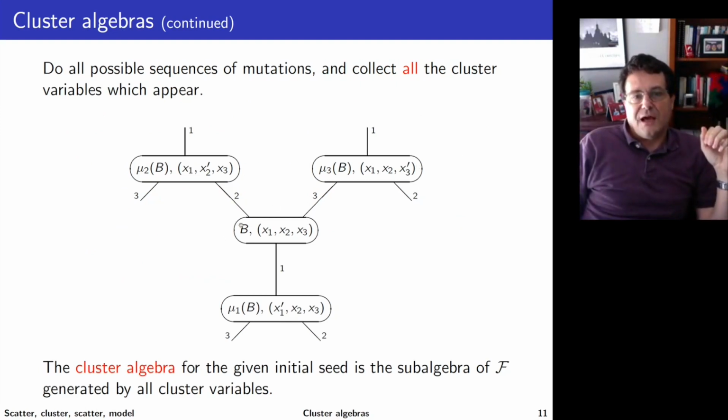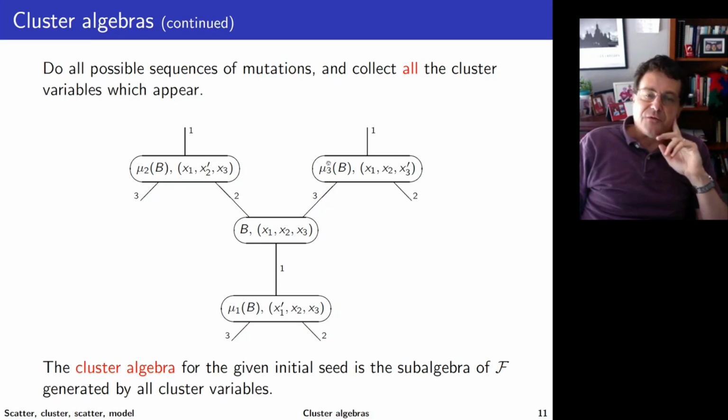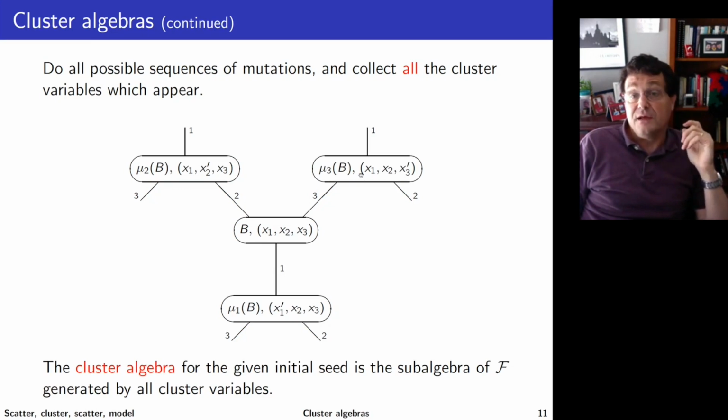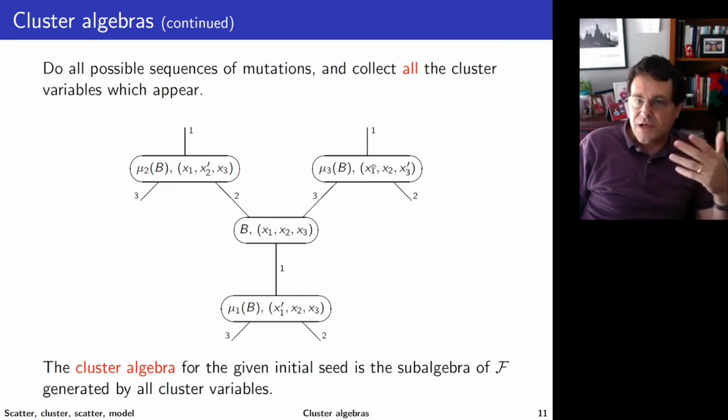I have my initial seed where I have an exchange matrix B and my initial 3 cluster variables. If I mutate in direction 3, I have a new seed where I'm just using the notation mu3 of B for the mutation of B in direction 3. And I've got a new cluster variable, which I'm just calling x3 prime. If I mutate back in direction 3, I go back home where I started. But if I now mutate in direction 1, I go to maybe some completely different seed,